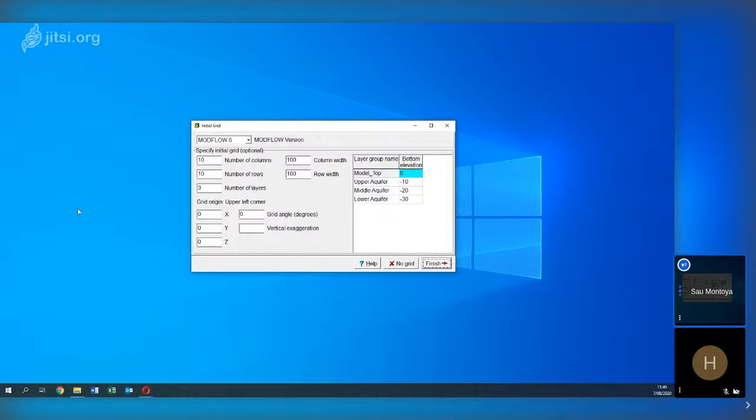And then we are going to work in Modflow 6 with 2023, 50, 50, and this will be alluvial, weathered rock, and this will be bedrock.